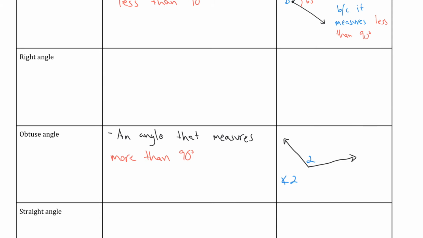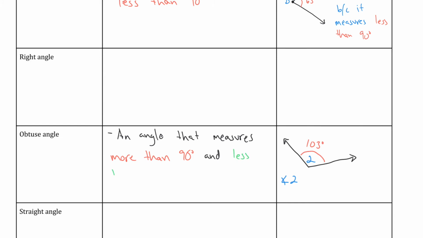And angle 2 has to measure more than 90 degrees. So, for example, an angle that measures 103 degrees is more than 90 degrees, therefore it is obtuse. Now, one thing I forgot to mention is that an obtuse angle is not only more than 90 degrees, it also has to be